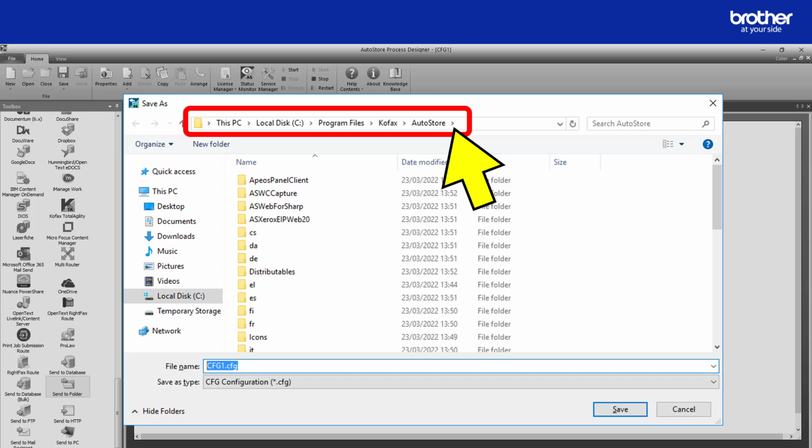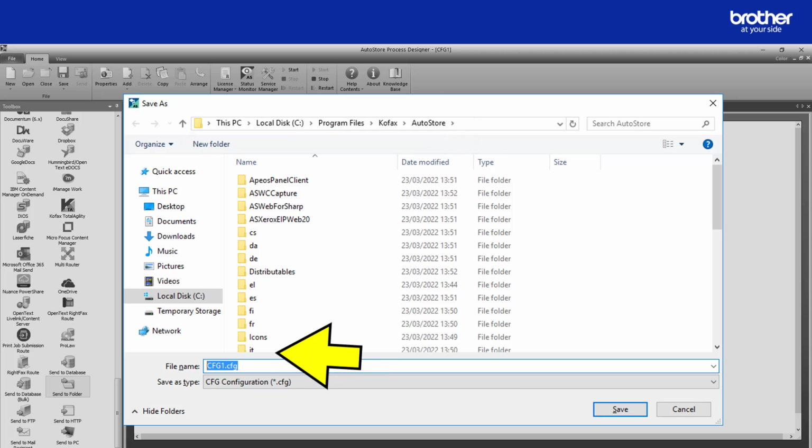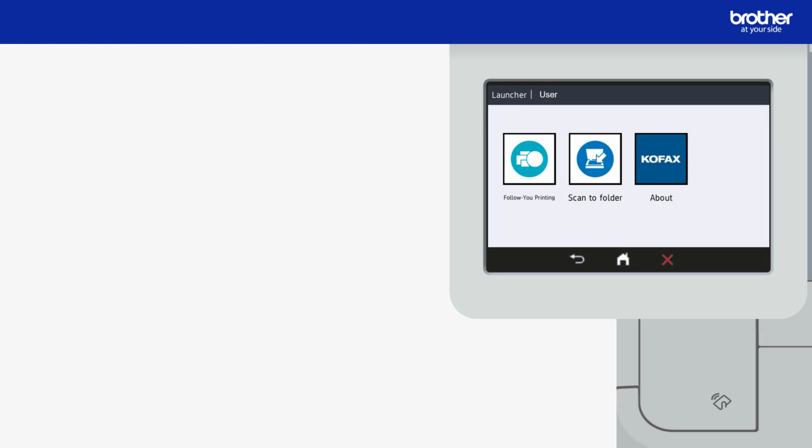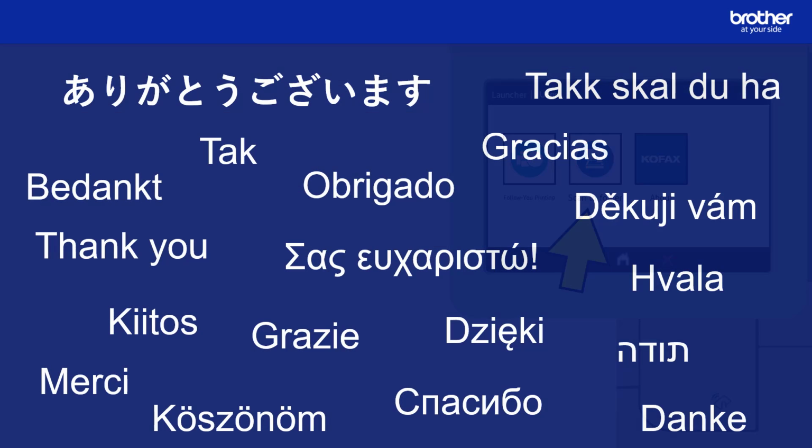Please note that it must be saved in this specific location. However, its name can be whatever you want. I'm calling mine Scan to Folder. With both of these services now running, end users can now see and use my simple scan workflow.